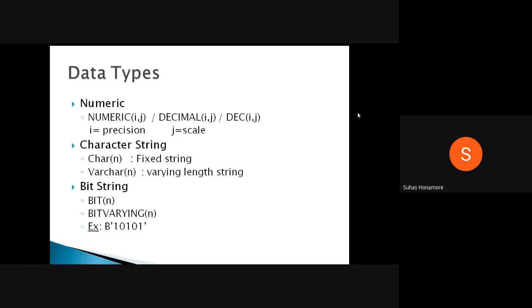The difference between these two is that here varying length means only as many bytes as the values you entered will be taken and stored. Instead of wasting the remaining memory, it may be used for some other purpose, maybe some other data type or some other attribute you have defined, if it needs memory, that memory will be used.